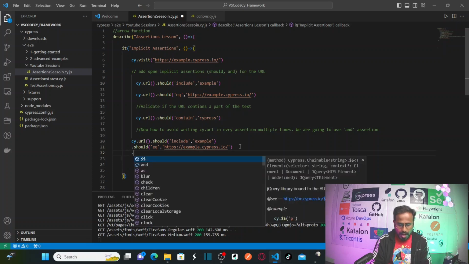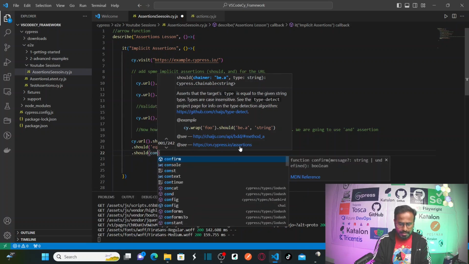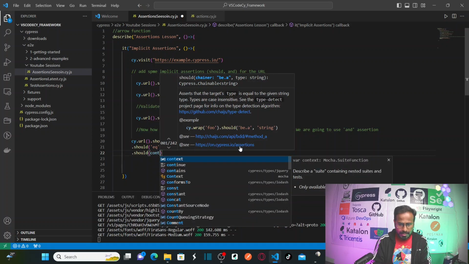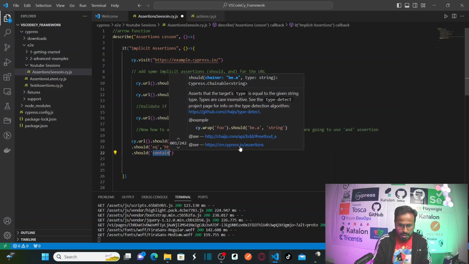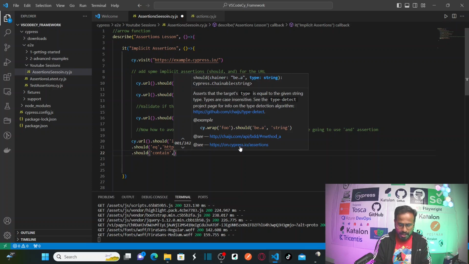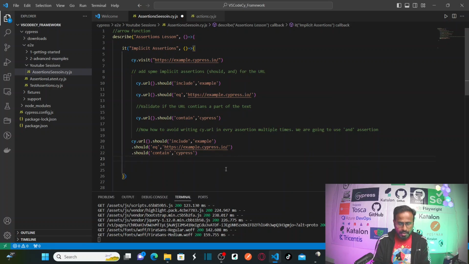Again now, dot should, this time contain, should contain, what it should contain, Cypress, let's say Cypress. Done. So what I'm doing here, instead of writing cy.url multiple times, I just used should assertions directly, because in